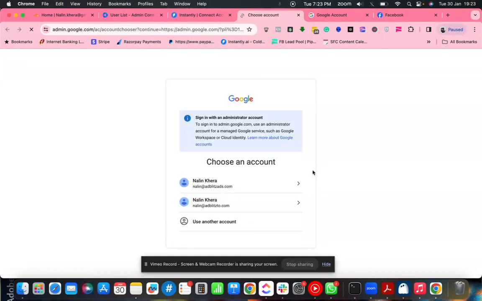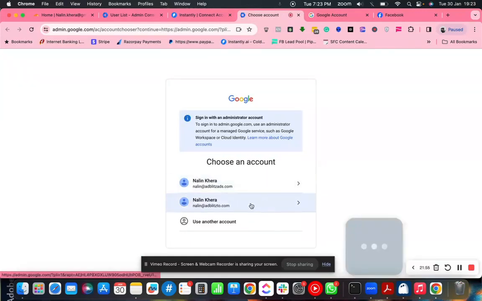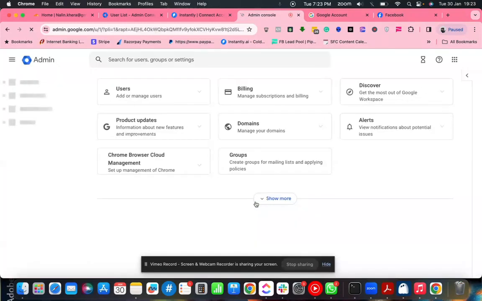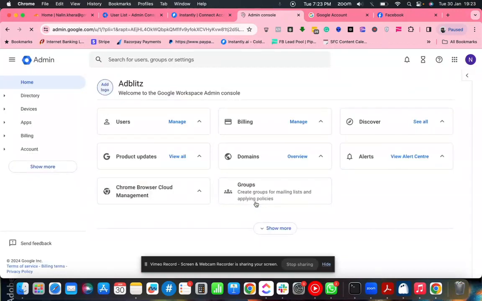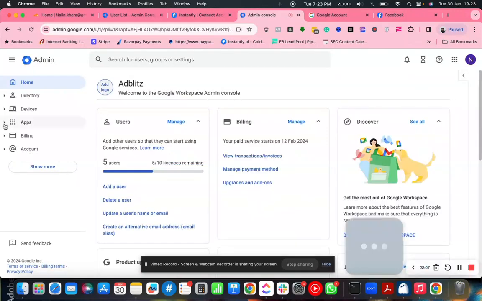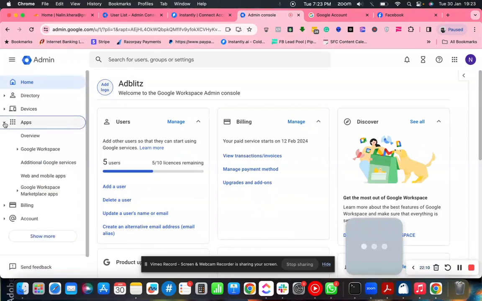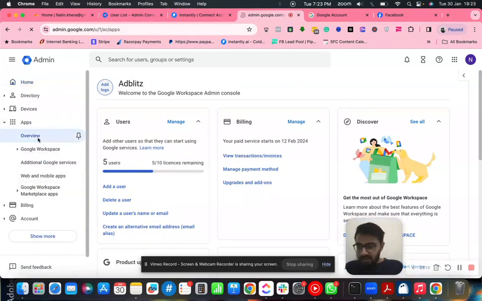So this is the account, that is the admin one. So I'm going to choose this, and I'm going to just find the place where we need to add the app, right? So as you can see, there is an app section over here, and we're just going to click overview,